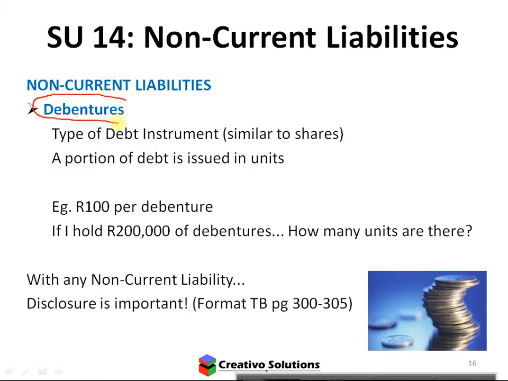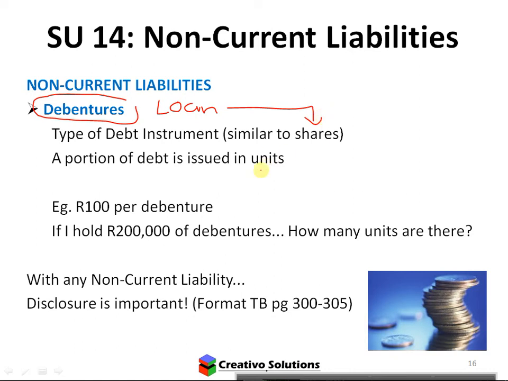What is a debenture? It's a loan, but it's similar to shares because you're splitting the big loan into smaller loans. So lots of people can grant you those loans. So think about it: how easy or difficult will it be to raise 1 billion rand from one provider? Very difficult. But could we get maybe 1,000 loans of a million rand each? It's easier, right?